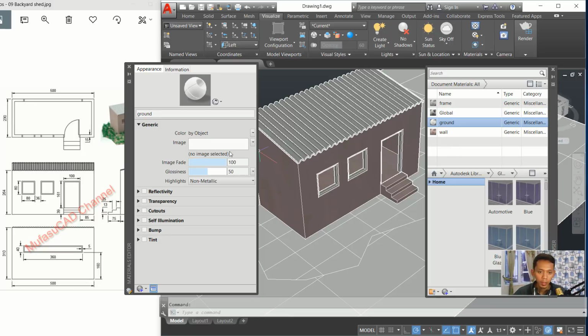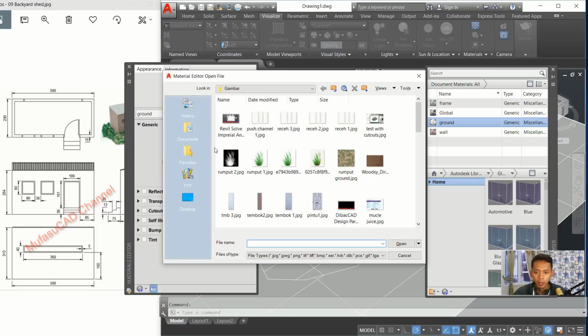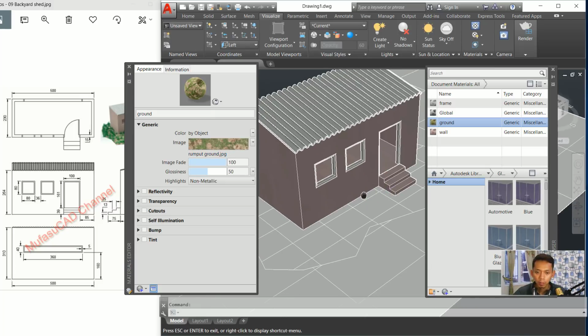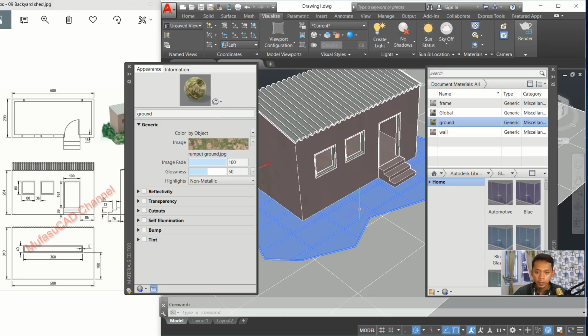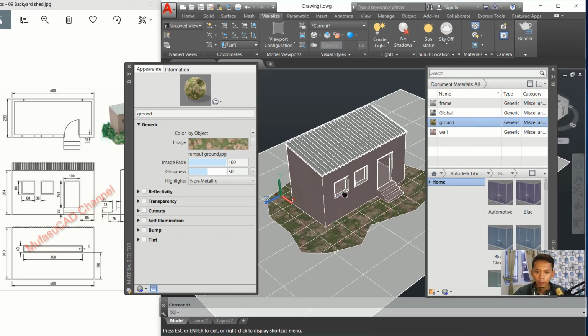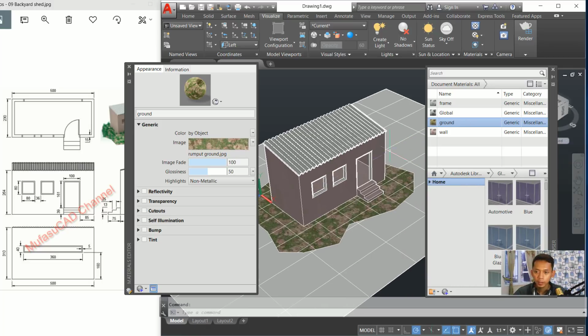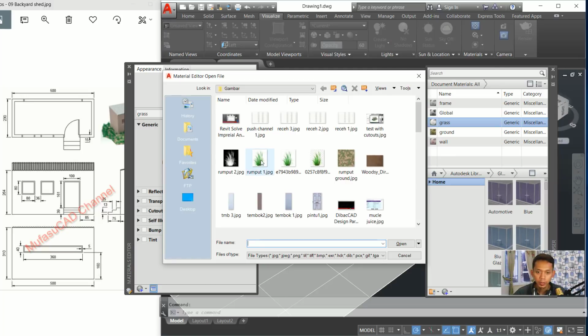Select this object and click image. I will choose this texture image. Okay, I will apply into this face. Right click, assign to selection. Okay, now for a grass, I will right click and duplicate. Change name into grass. Okay, for image, I will choose this image texture,